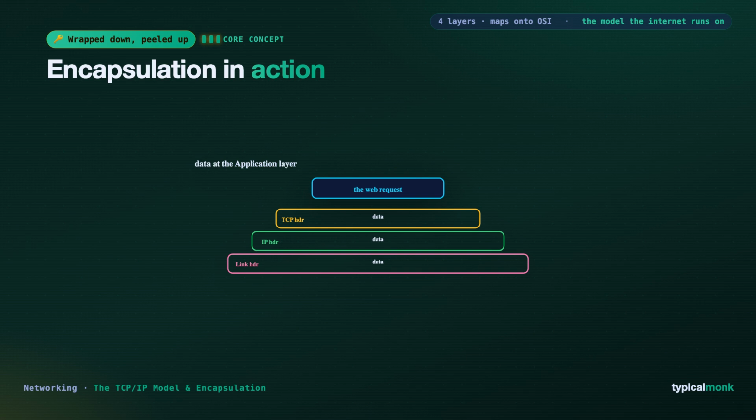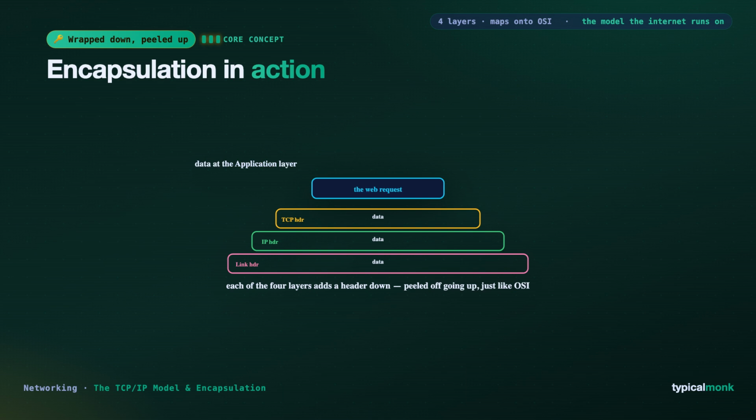Transport adds a header identifying the program and whether it is TCP or UDP. Internet adds a header with the source and destination IP addresses. Link adds a header with the local hardware addresses. Each layer packages what it received from above, like nesting the message in one envelope after another. By the time it reaches the bottom, it is a stream of bits on the wire, and on